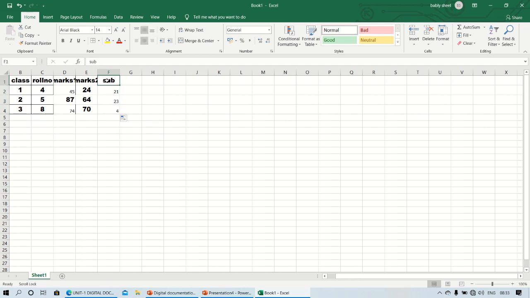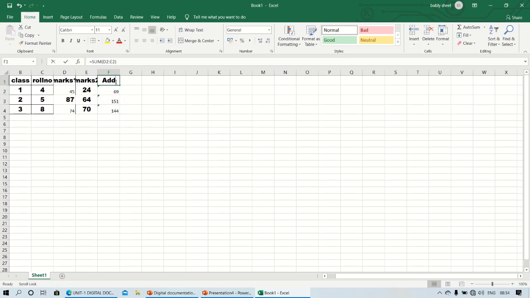Next, if you want to do addition, so just click on addition, add. Okay, right here equal to sum, and then you need to select these two cells and close it, and then click here. If you want the same formula in all the cells, just click here and drag it. So this is all about adding.